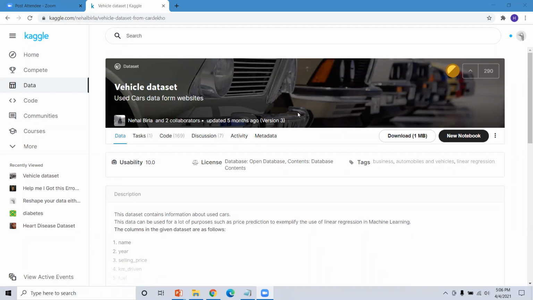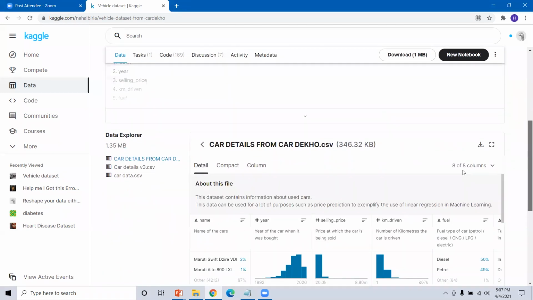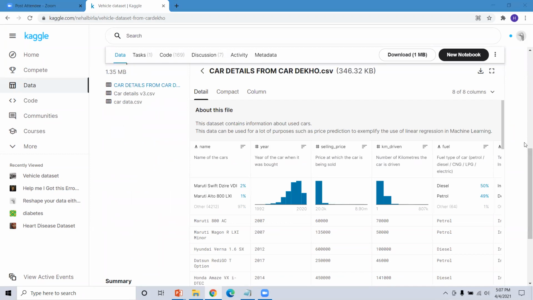So in this session, we are going to solve a data set which is known as the vehicle data set, and it is present on our Kaggle. So let me share the link of that. Guys, please try to download the data set over here. We are going to solve it. It is a type of vehicle data set in which we have columns like car name, year, selling price, fuel.